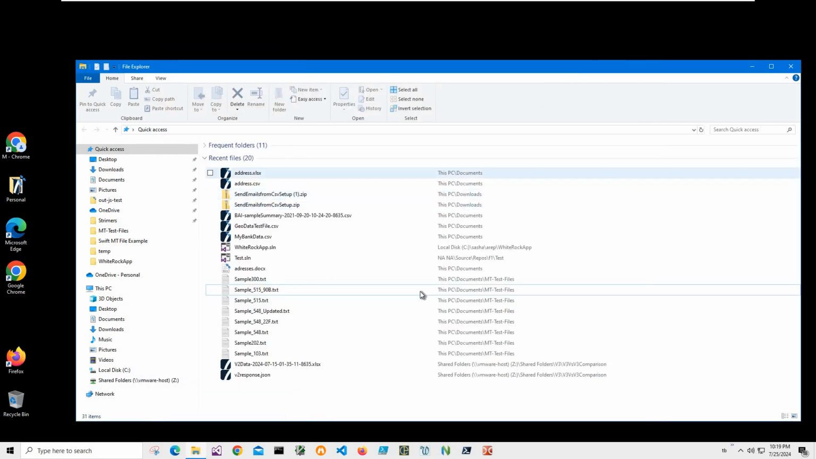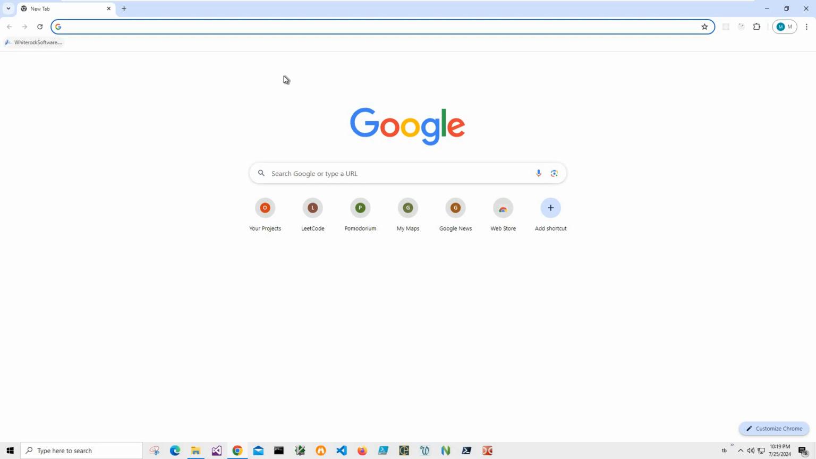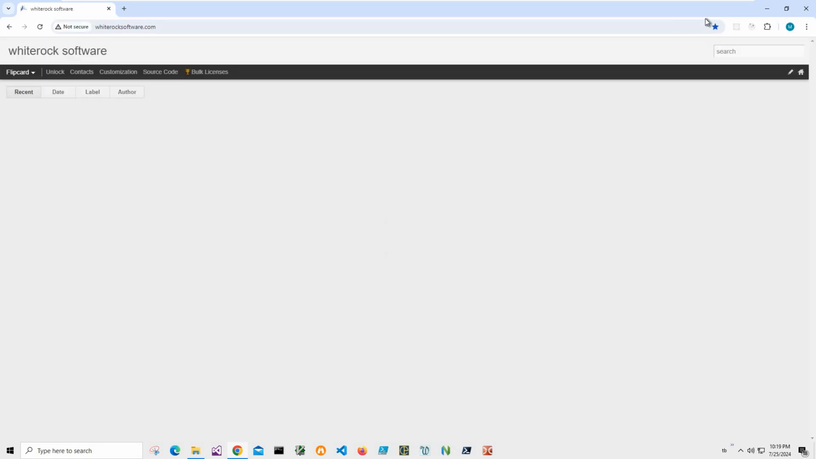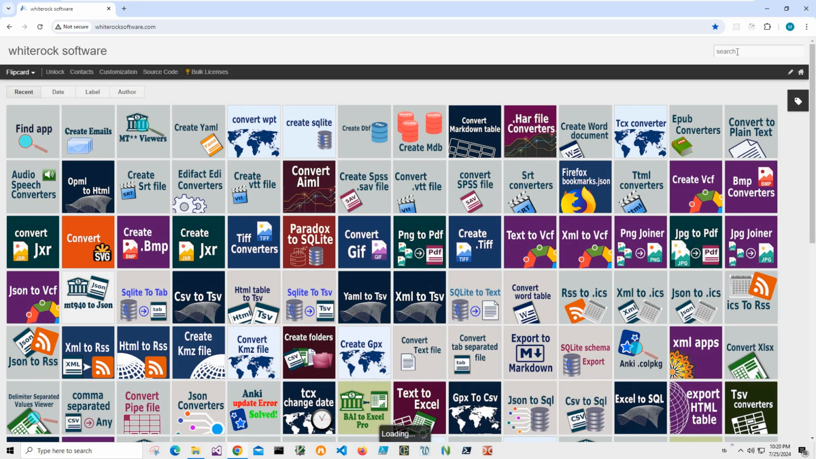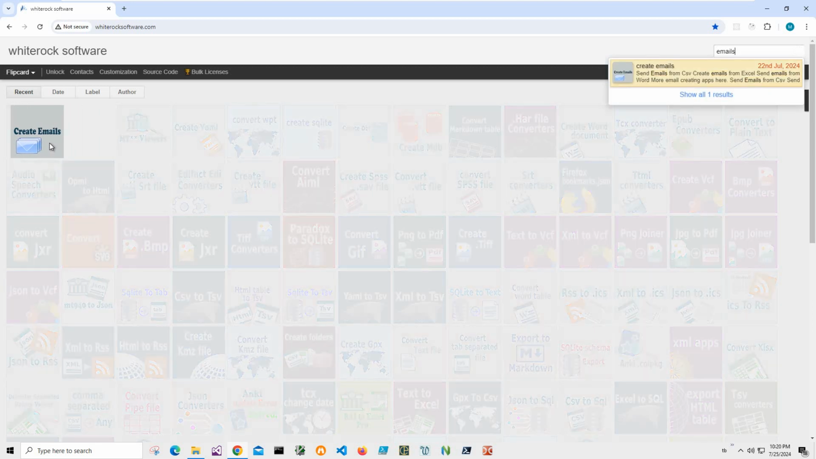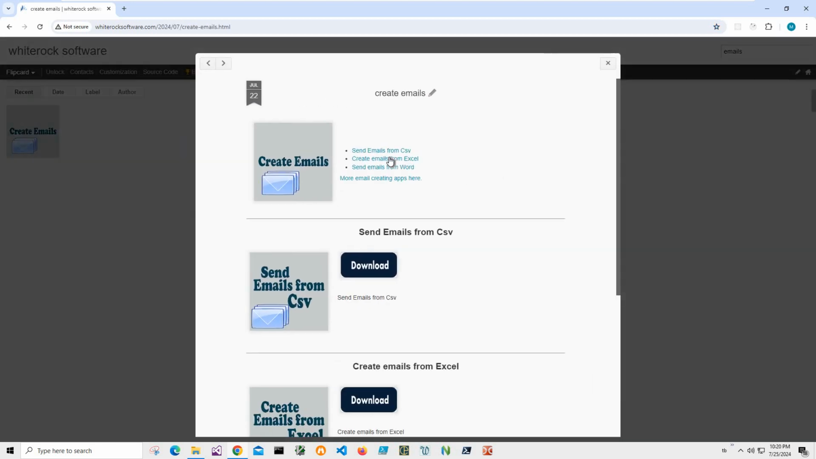Also I need to close Excel. If I have the Excel address XLS open in Excel, I need to close it. Next step, I will download the application from this website. I will leave the link in the description. I click on search and type emails, and I need this page, and I will click on create emails from Excel